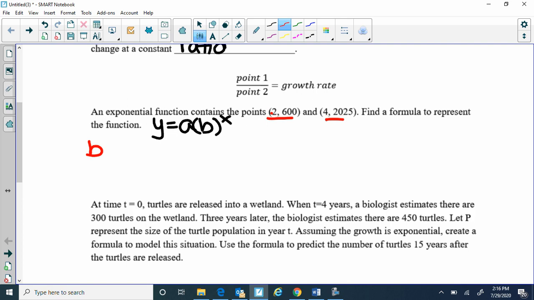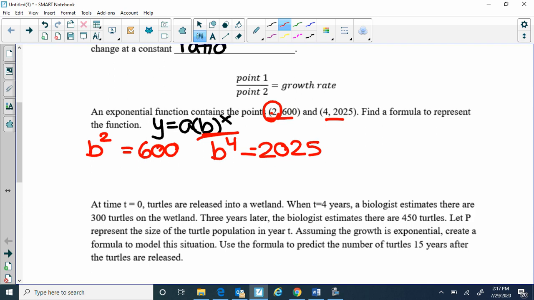we would be saying, if we took our b value and raised it to the second power here, like in our formula, b raised to something, b raised to the second in this case, should give us 600. Well, if we take b and raise it to the 4th power, we should get 2025. So we're going to write that as a ratio to see what our actual b value